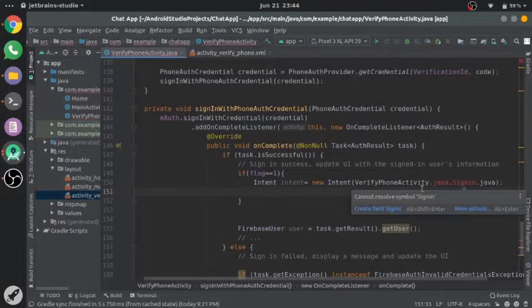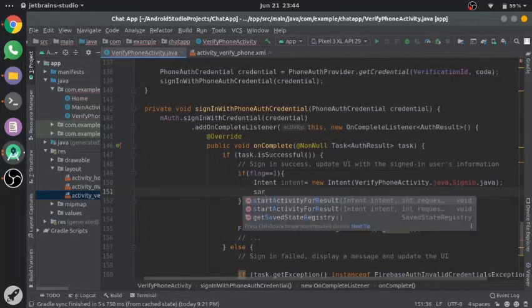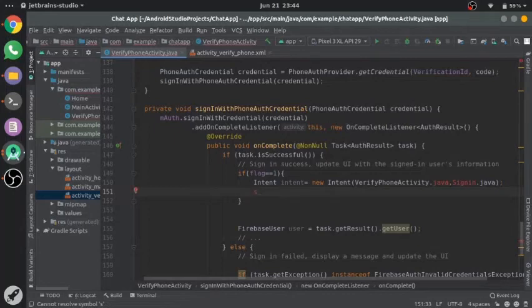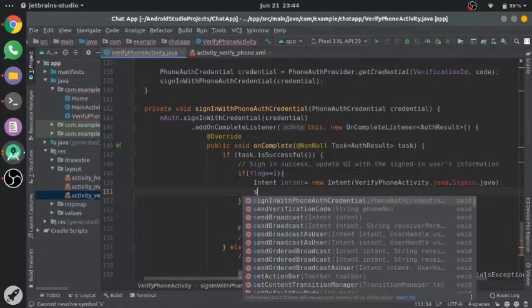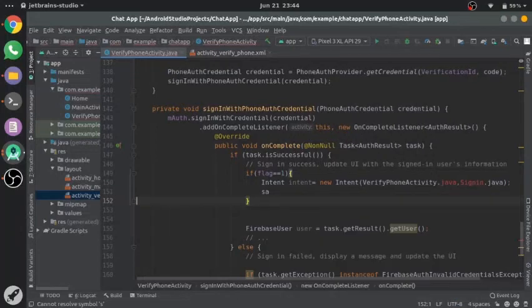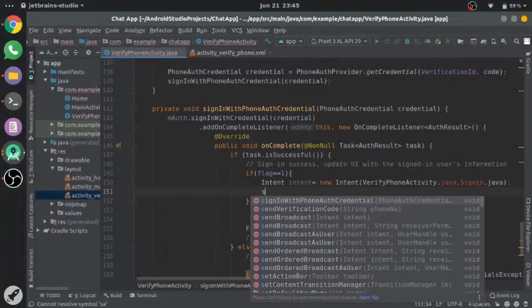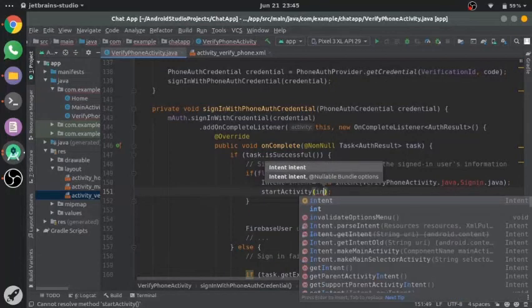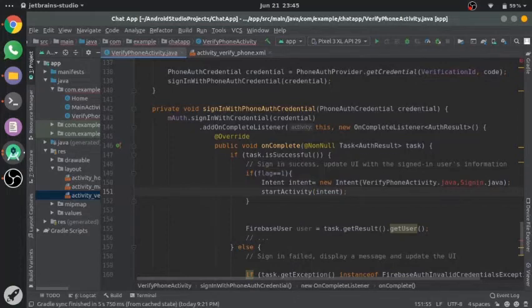Then start activity. Sorry, my keyboard is not working properly. Start activity, and we will pass this intent. And similarly, sorry, here we will be writing home.java because flag is equal to 1.